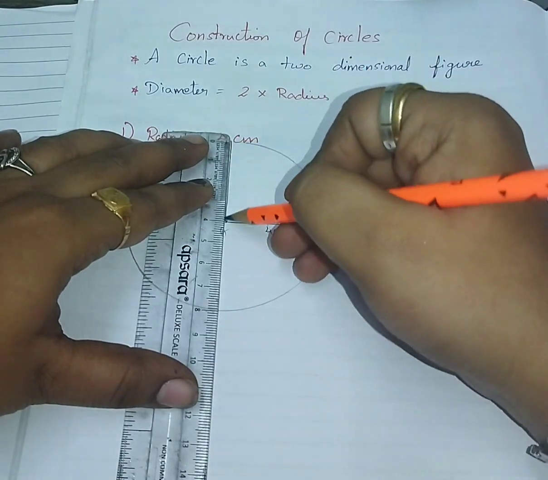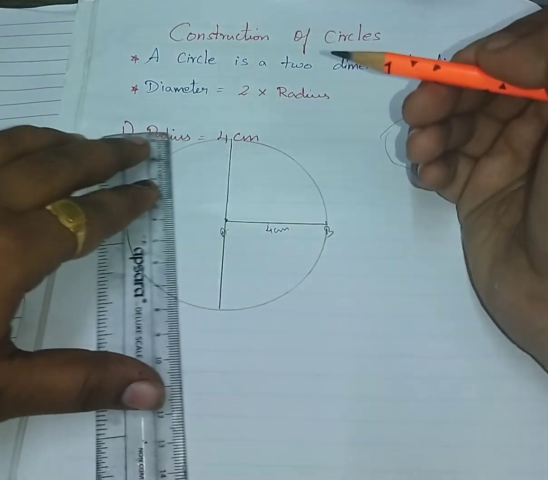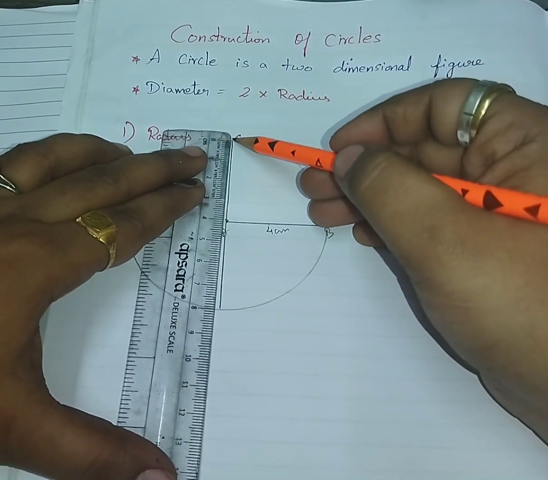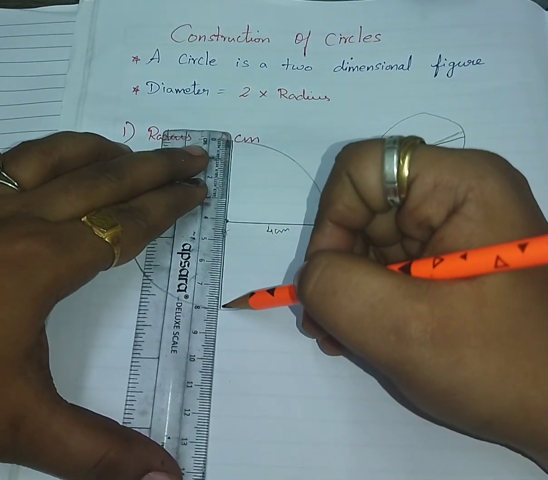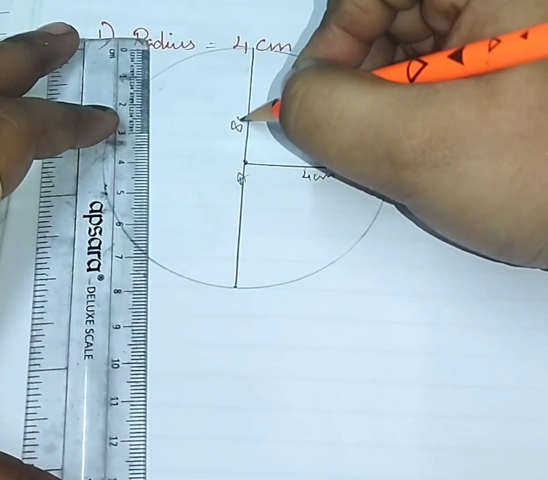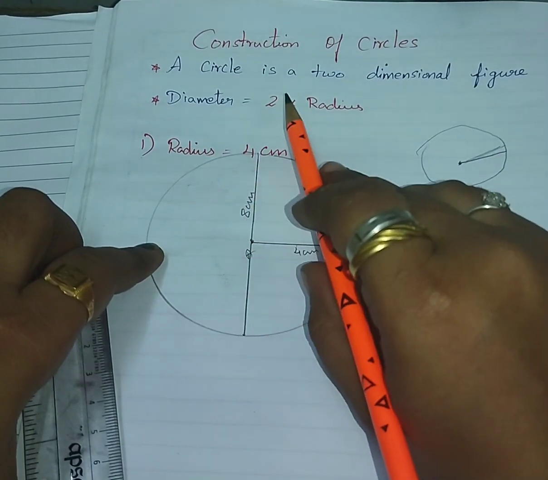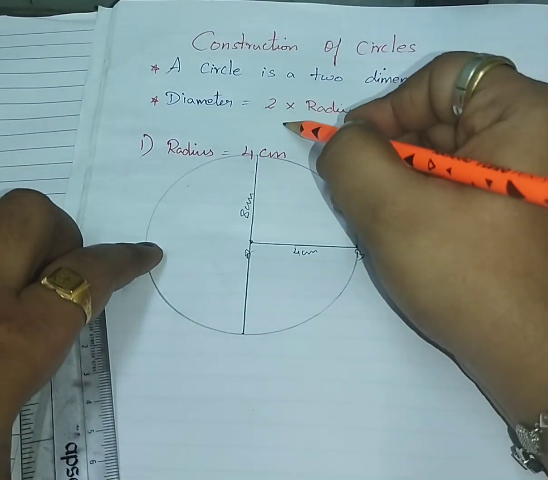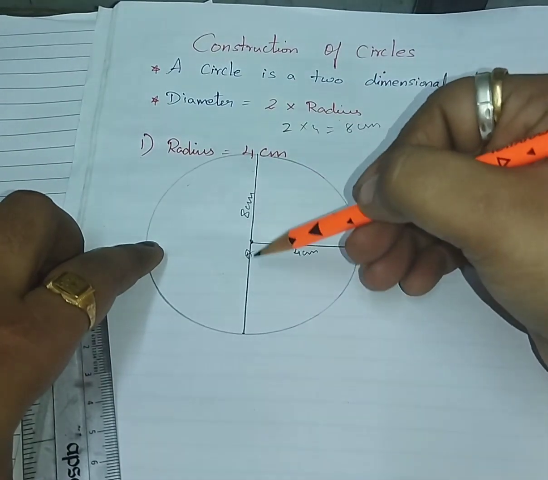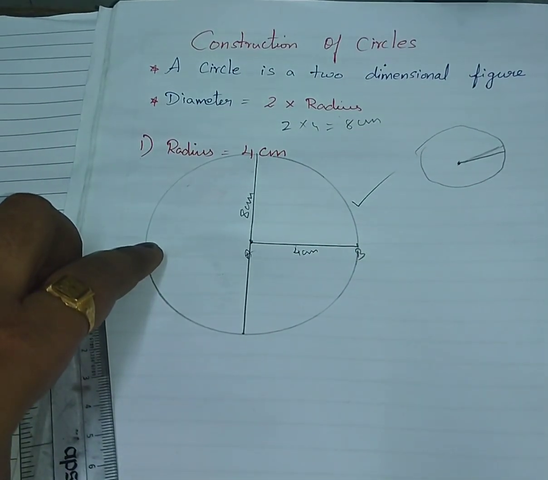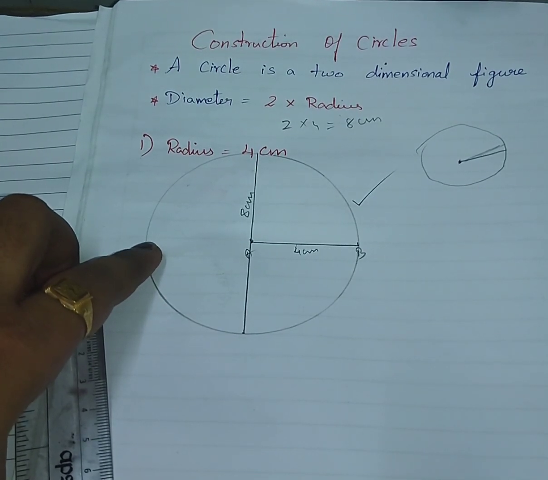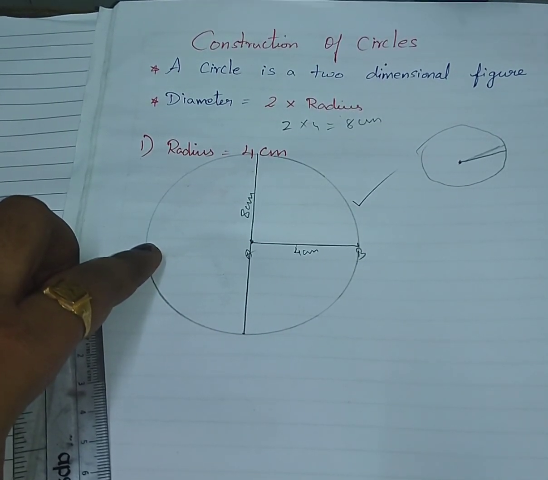Now draw a line like this. Measure this. See, keep your ruler there, 0 to here. Exactly I am getting, can you all see? 8 centimeter. Diameter is nothing but 2 times of radius. So what is my radius here? 4. What should I get? 8 centimeter. If my diameter is 8 centimeter, then whatever I have constructed, it is right. Am I clear, children? One more example we will do with the decimal point.